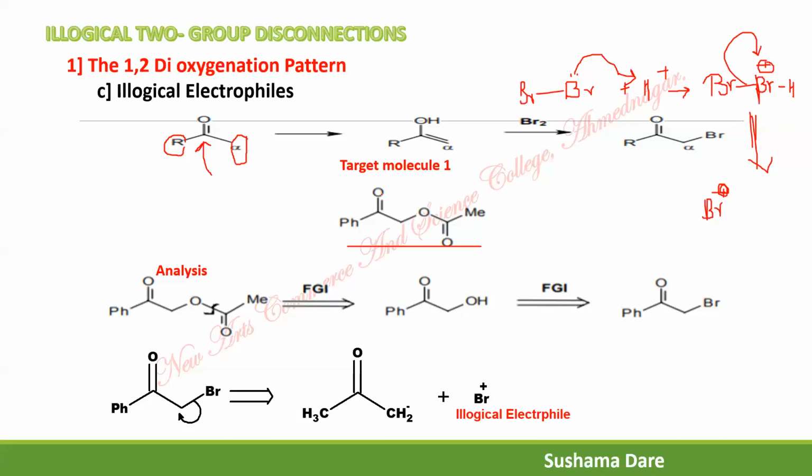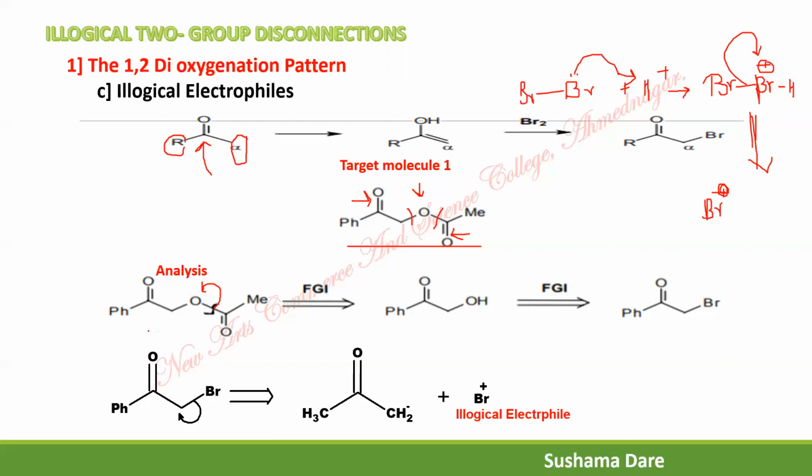Now look at this target molecule. In this target molecule, what are the different functional groups? This is a carbonyl group, this is a carbon oxygen linkage, this is again a carbonyl group. Whenever a carbon oxygen linking is there, we always have to consider the carbon oxygen disconnection first. Now here we have this type of disconnection or this one. So which is the best disconnection? This is the best disconnection. In which direction do we have to disconnect the bond? In the direction of the heteroatom. What is the reason? Because it is an ester linkage. Therefore, we consider this disconnection the best.